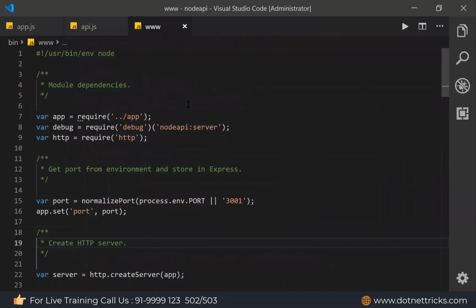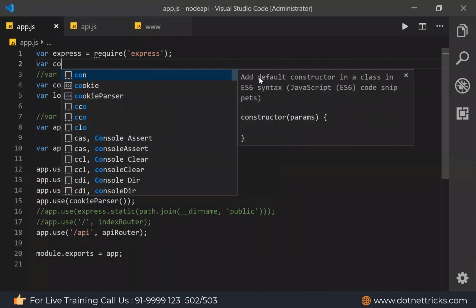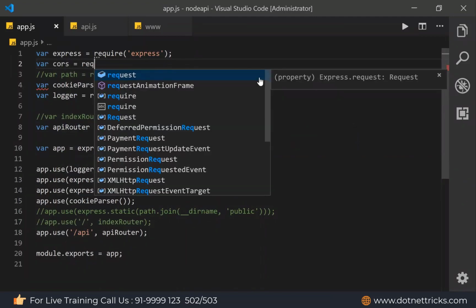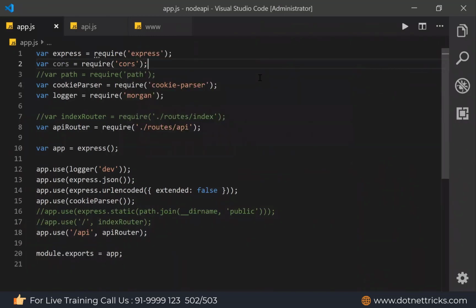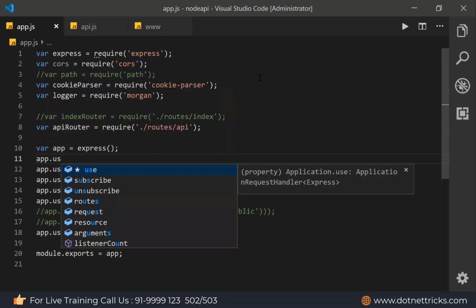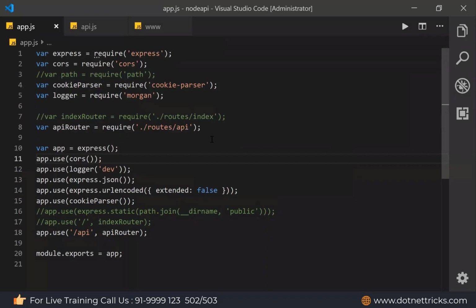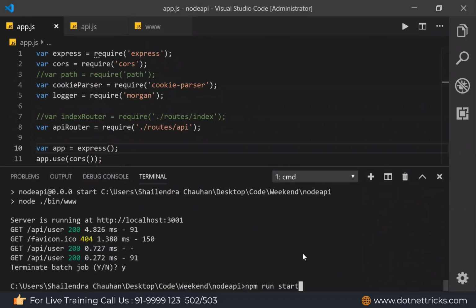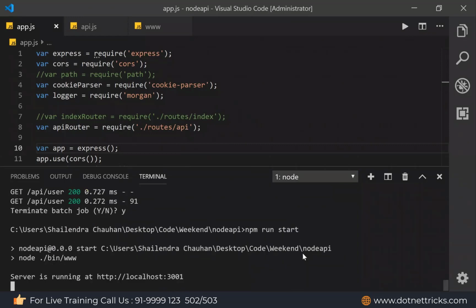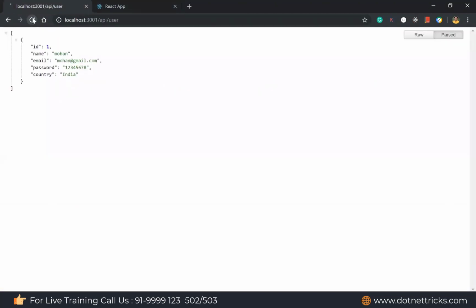Now import it in your app.js, where cors equals require cors, like this way. Now use app.use and use cors. When we enable CORS, run the code again. Let me run it again, and this time it should work. Check it on 3000. It's working fine.